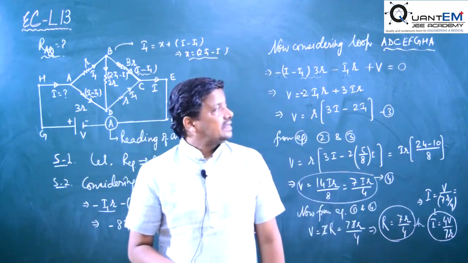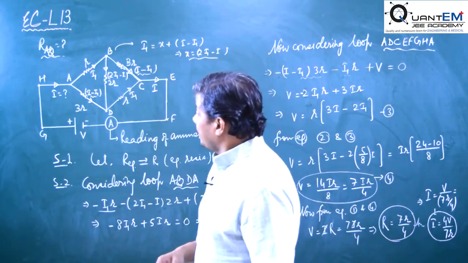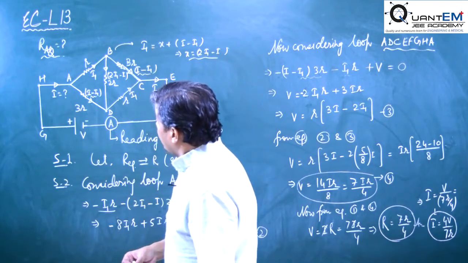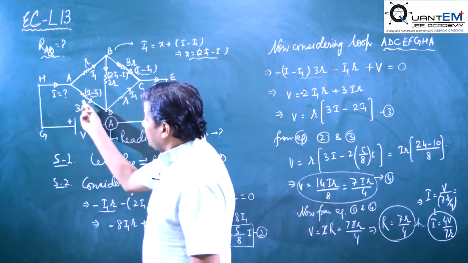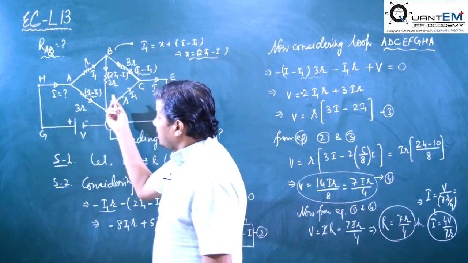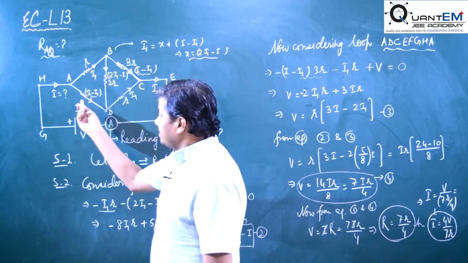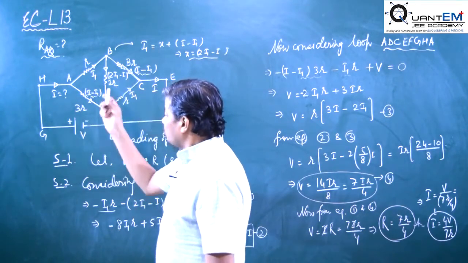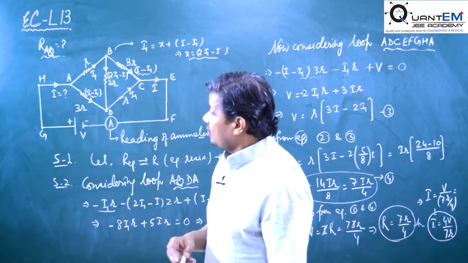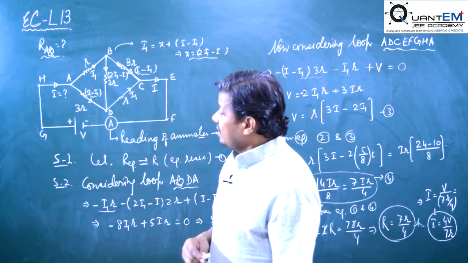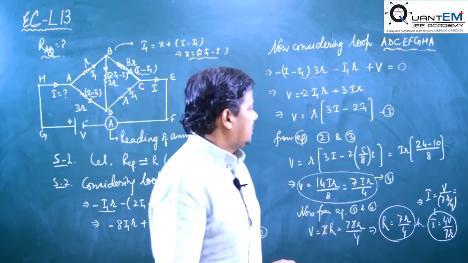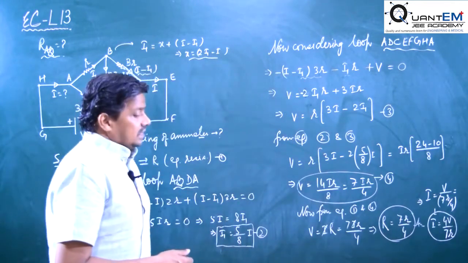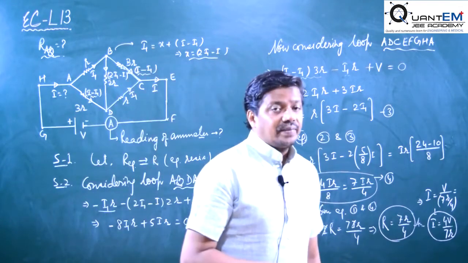Okay, and the similar question we may take from the capacitor. So in place of resistors we may take capacitors of equal values, suppose C, 3C and 2C. Then we have to find the equivalent capacitance. In that case we will have to find the charge supplied to the circuit. Okay, so this one is one application of Kirchhoff's law.